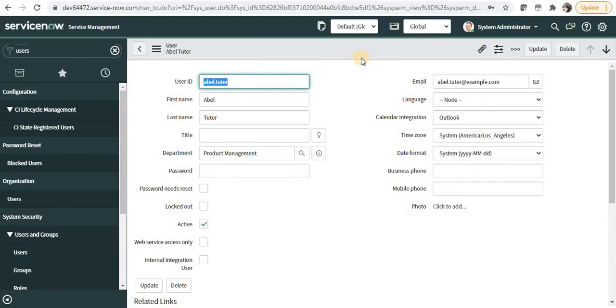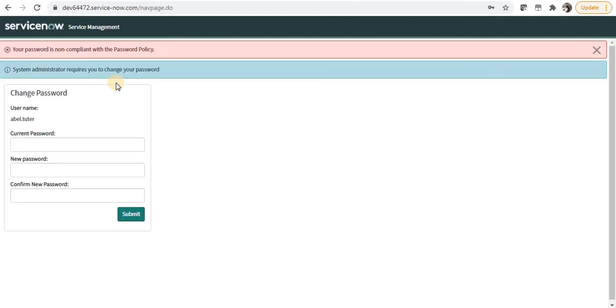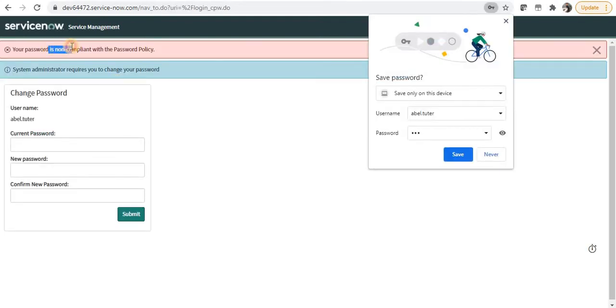One thing to note is that the password policies don't apply on this particular screen. Now I will log out and try to log in as Abel Tutor and give the password 123, and you can see here: your password is non-compliant with password policy. You need to change your password.